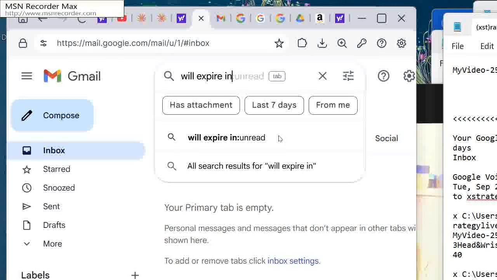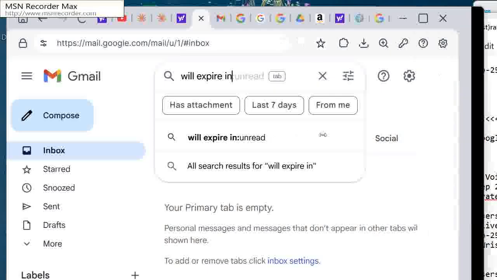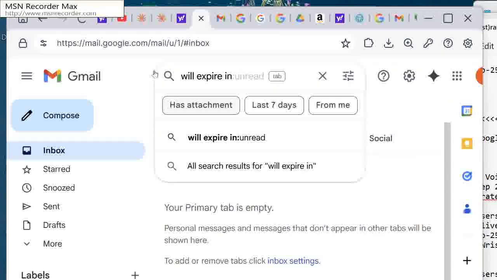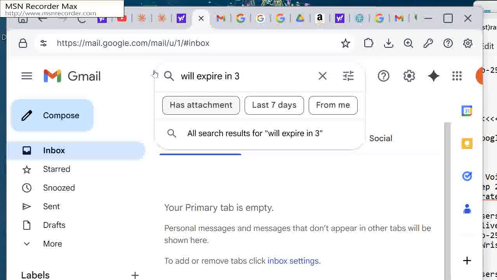I want to type in will expire in 30, and I think that I went to the wrong